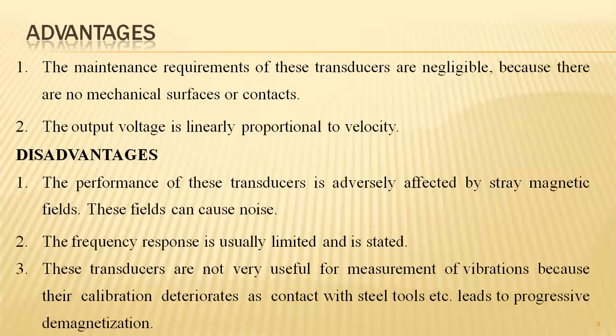Hence, it should be avoided at high levels in order to safeguard the measurements. So there are some greater limitations we can consider in the case of this linear form of identifying velocity measurements